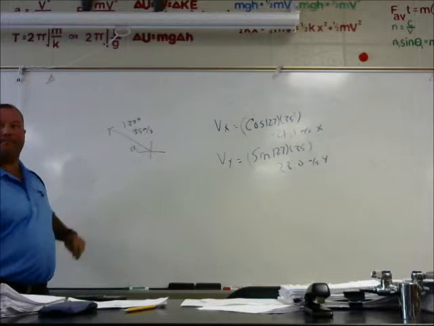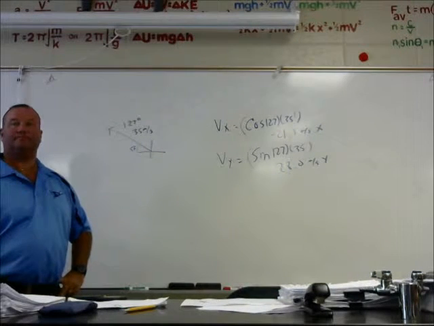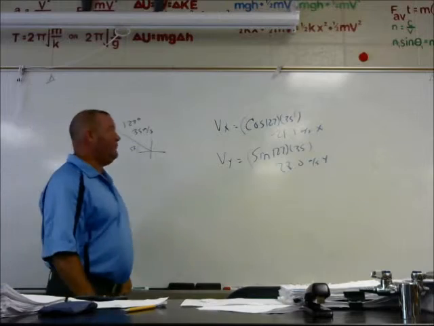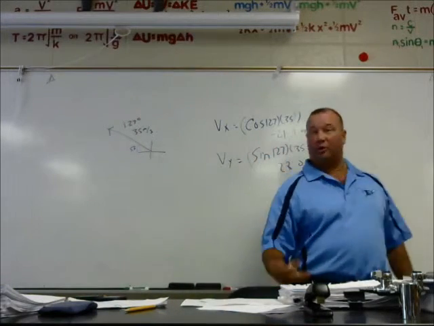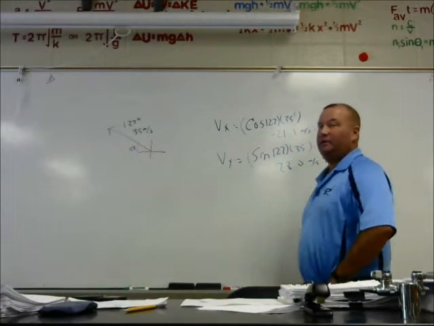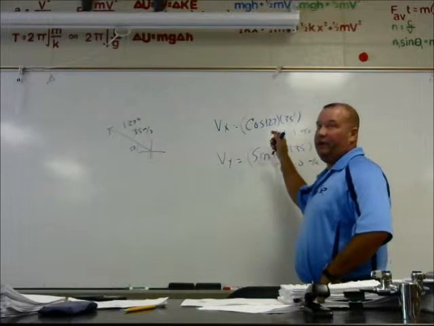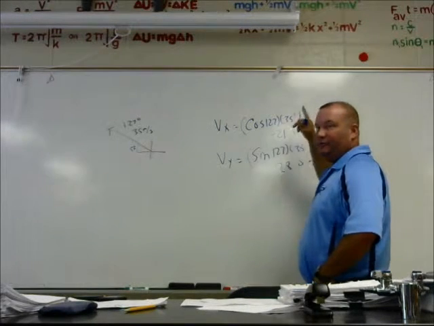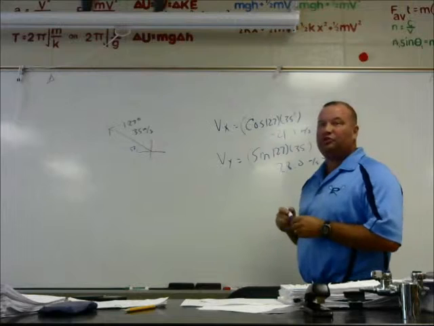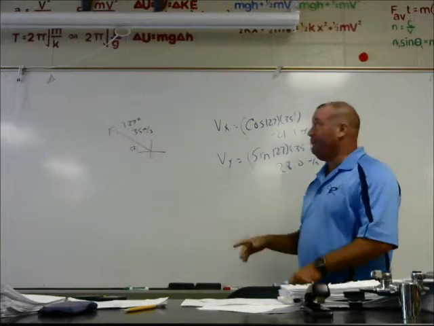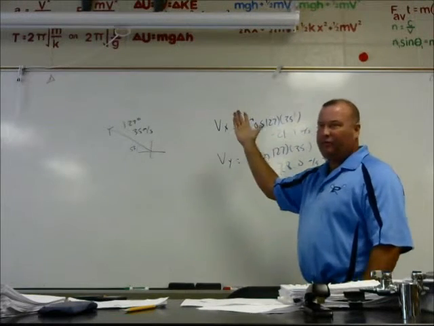Do the negatives have to be put in while you're solving it, or just at the end? If you use 53, you just put them in at the end. Or when you got your cosine 53, you hit the negative and then times. Yeah. Okay. But if you just use whatever angle you're given,